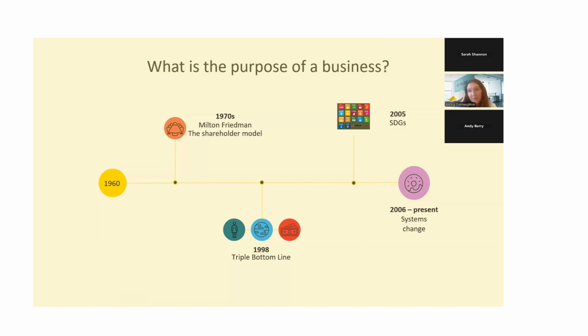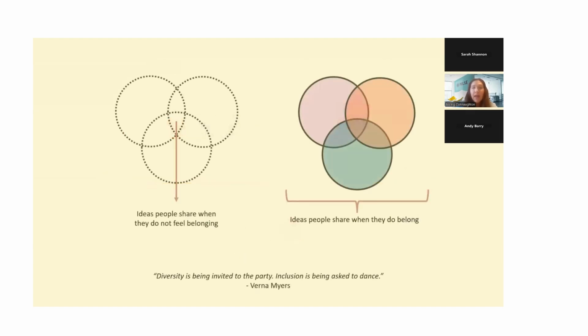And then in 2005, that's when the Sustainable Development Goals were born. And really what we're working towards is a systems change where we can, like we mentioned right at the beginning, balance those bubbles and create money by doing good for people and planet instead of the shareholder primacy that we've been speaking about. So it's really about thinking, what is the purpose of your business? How is it serving the societal aspects within your business as well? And so this is where diversity, equity, and inclusion really comes in.